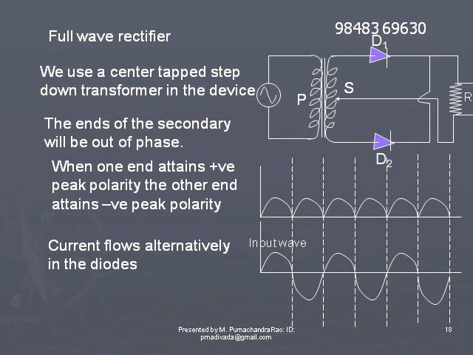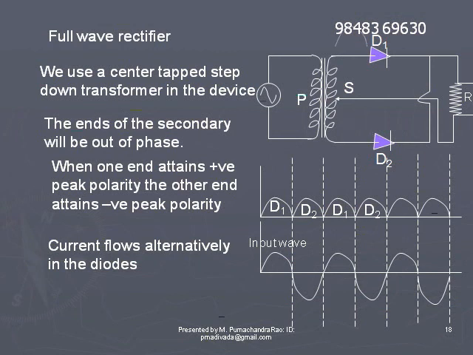This is studied by means of graphs. The pulsating voltages are studied by means of graphs. The input voltage is shown by the bottom curve. It consists of positive and negative half cycles, whereas the upper curve consists of only pulsating currents. When diode D1 is forward biased, then a current flows through the load resistance. That current is due to the diode D1, and there will be no current from D2.